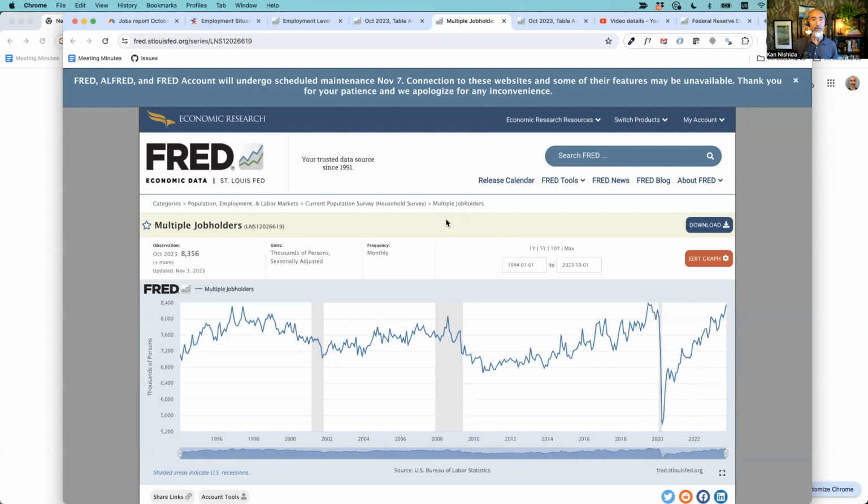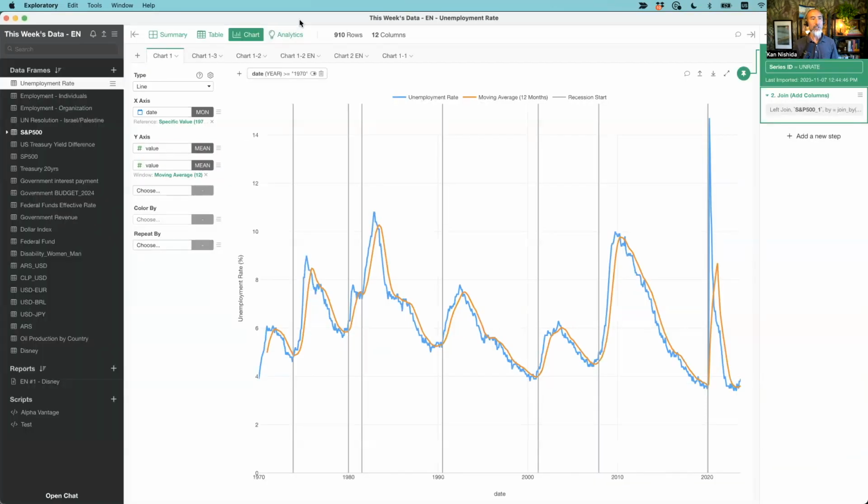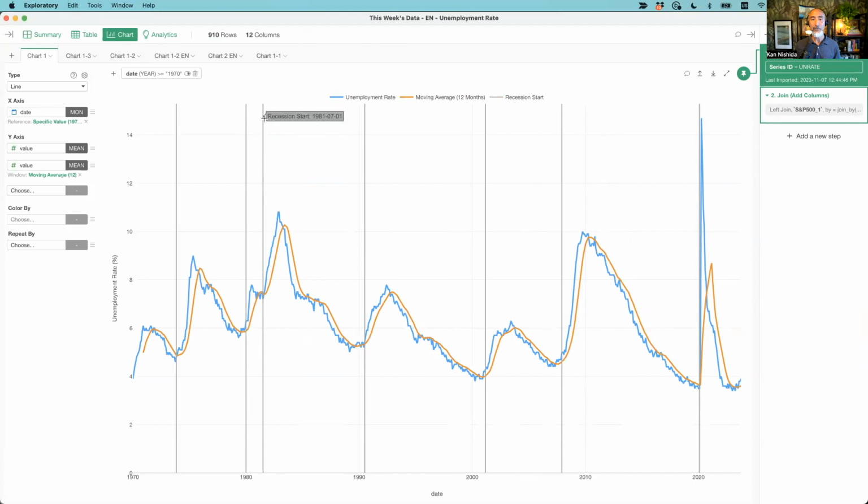So let's take a look at the unemployment rate. Here I have the unemployment rate. The gray line marks the recession starting month, the blue line is the unemployment rate, and the orange line is a 12-month moving average. Notice that before a recession happens, the unemployment rate keeps going down, which is good news because more people have jobs.